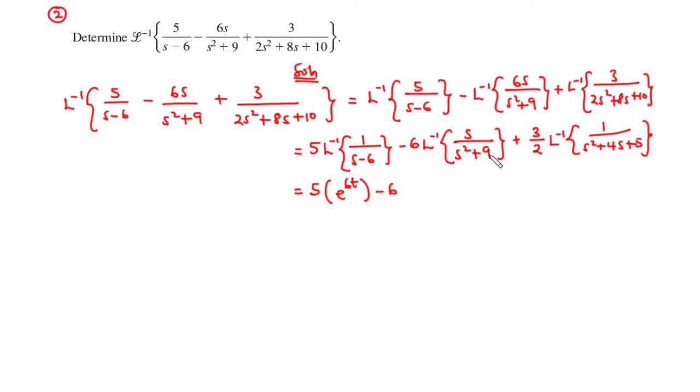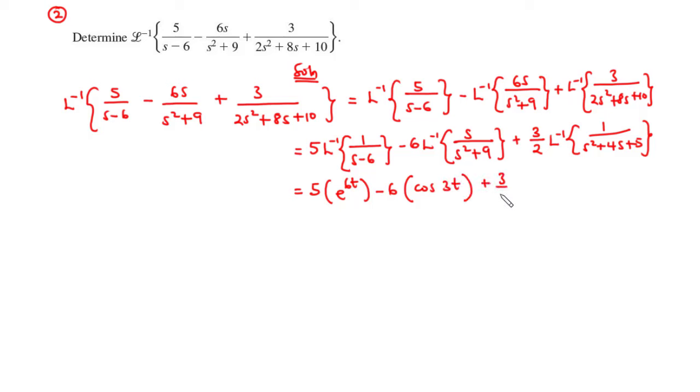If this is 9 and then we represent that as 3 squared, then it means we have a to be 3. So that's going to be cos 3t. So we have negative 6 times cos 3t, and then plus 3 over 2, and then the inverse Laplace transform